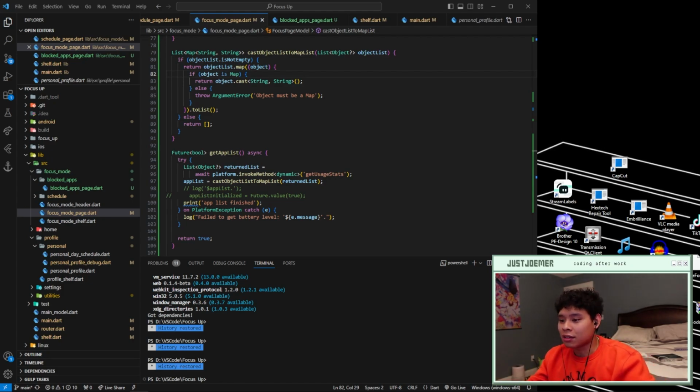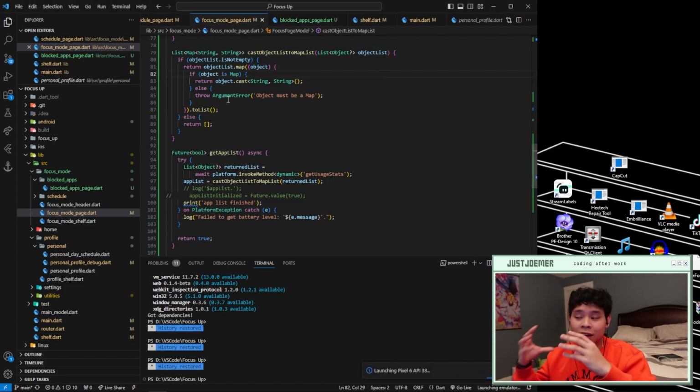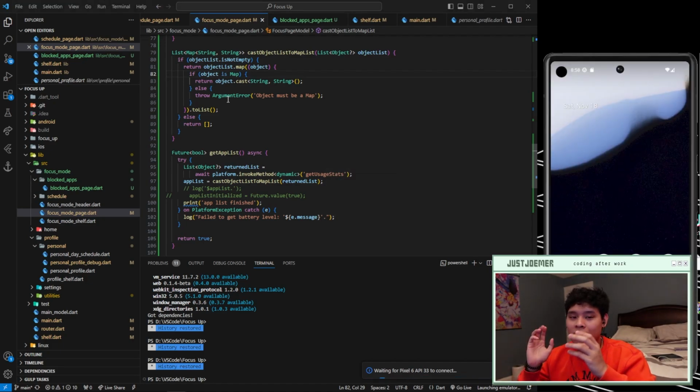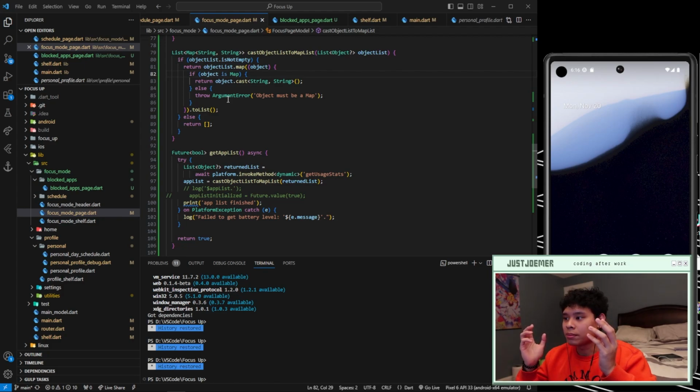So last time that we were here, we were able to populate the list with the names of app information from an Android simulator. It wasn't perfect, but we're going to worry about filtering the list later. Right now, I want to focus on making sure that the app information that we have is properly sent over from the Android simulator. So we were able to do the app name. Now I want to make sure that the usage time can also show, and also that the icons can show,